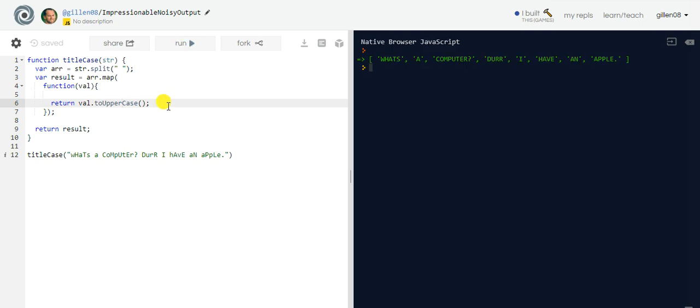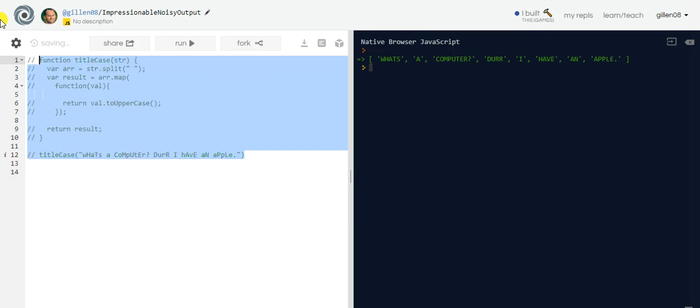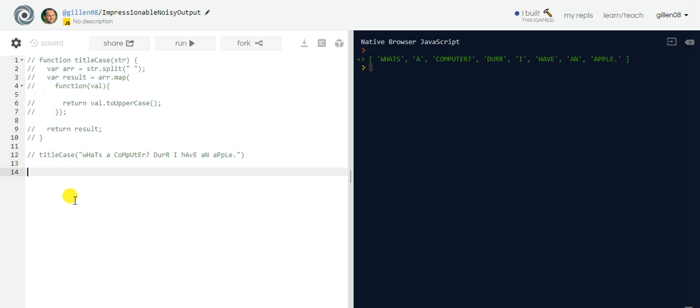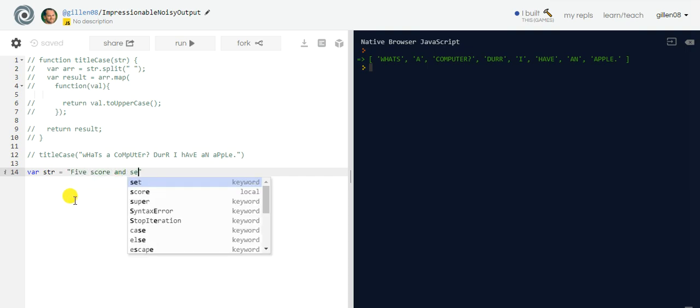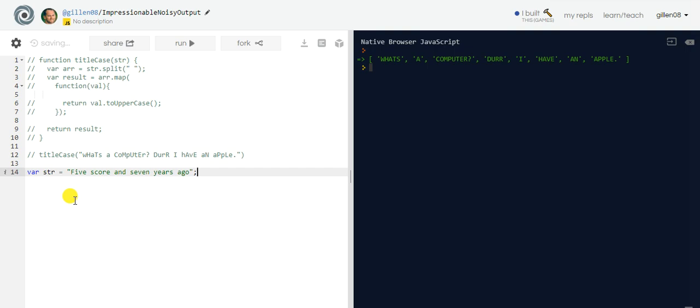So the next method I want to show you is what's called replace. And how do we replace something in a function? Well, let's comment this out for now. I want to show you real quick how replace works. Let's say we have a string in a variable, and we call it